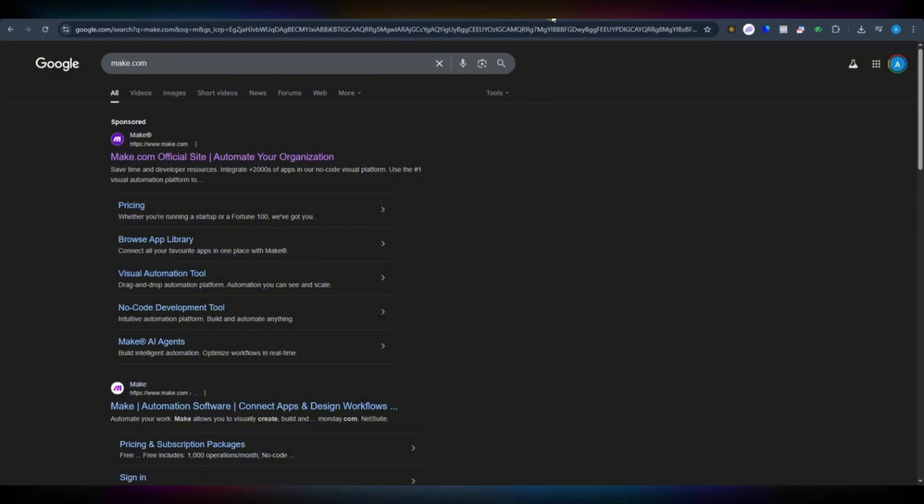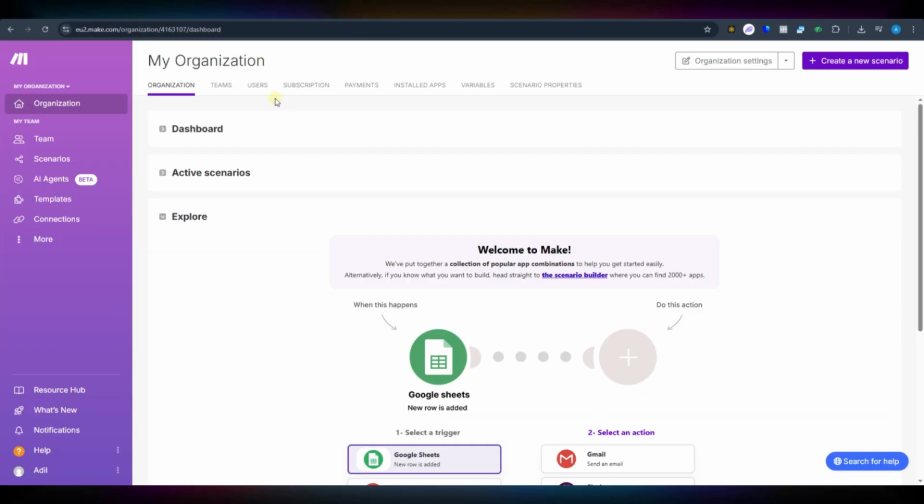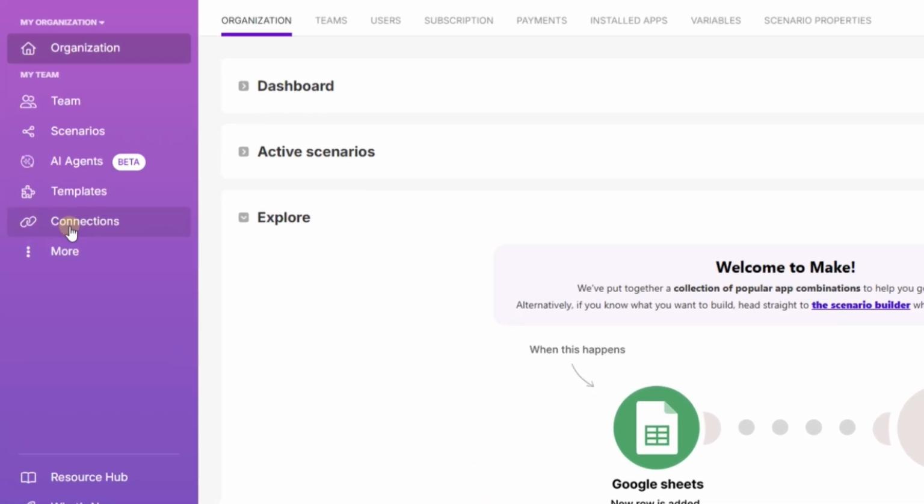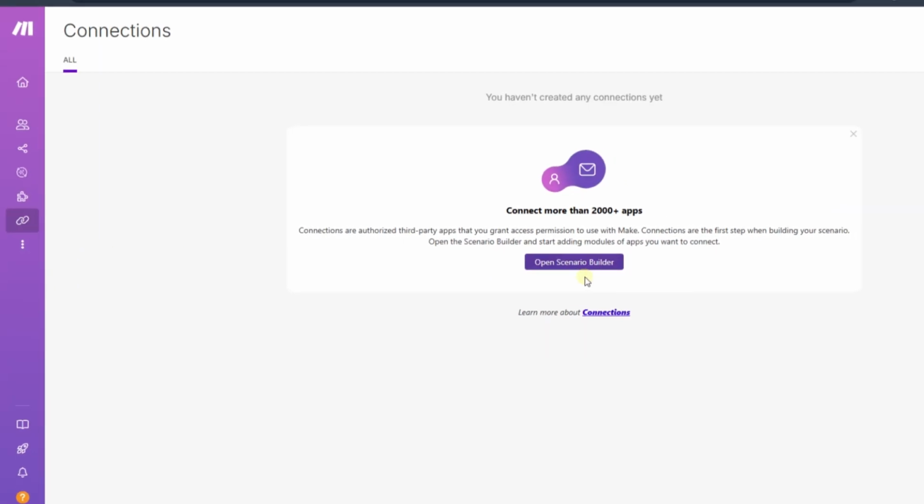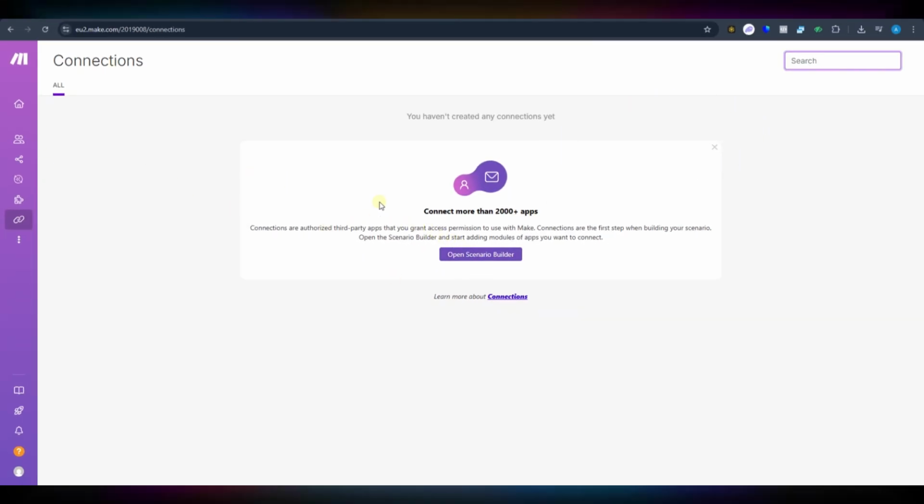The first thing that we want to do is we'll head over to Make.com, and this is the interface that it will provide us. And here in the left bar, you will see connections. We will go to connections, and now here to add OpenAI right here, I'm gonna need that API key, and